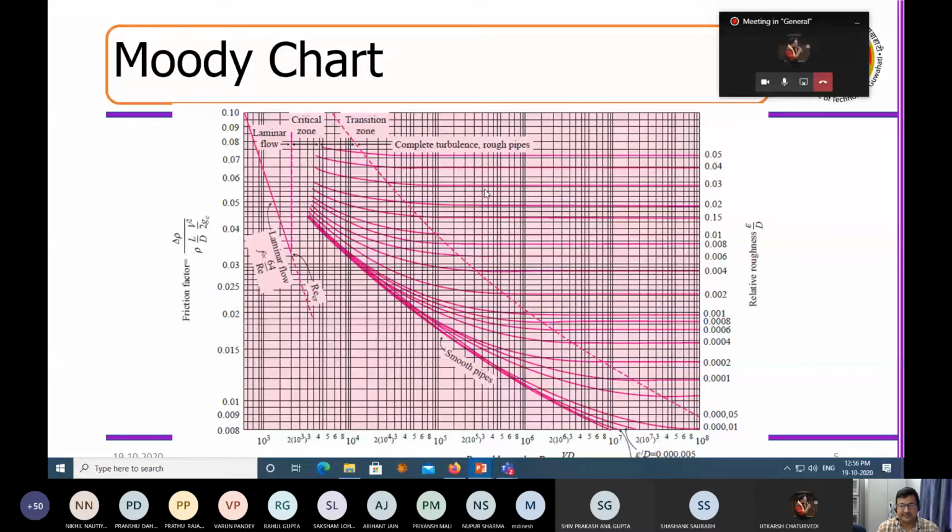And this is for different roughnesses. So it's a log-log plot, friction factor versus Reynolds number. As Reynolds number increases, friction factor decreases. So low speed flow means high friction, high speed flow means low friction, and low friction means low heat generation in the boundary layer, right? You always remember that in the boundary layer, if it is a laminar flow, it's a molecular mechanism. Now, as you increase the roughness, what is happening? You have more eddies. Rough means more turbulence is generated, so you are increasing the friction factor.